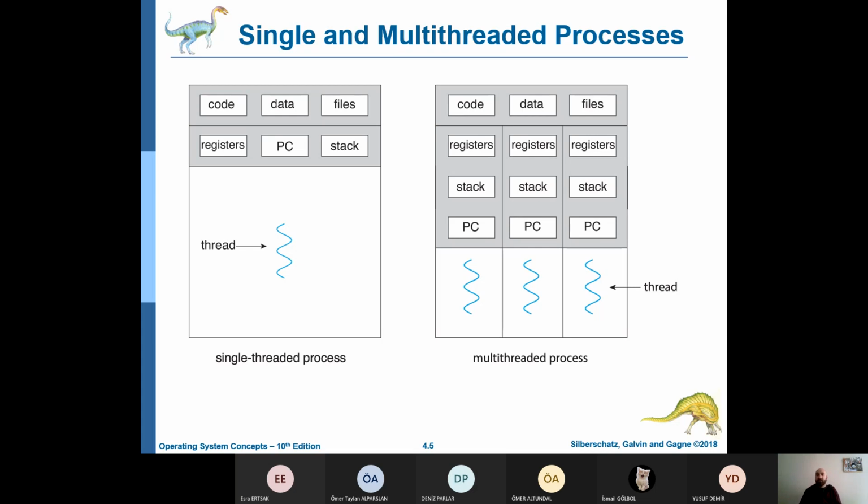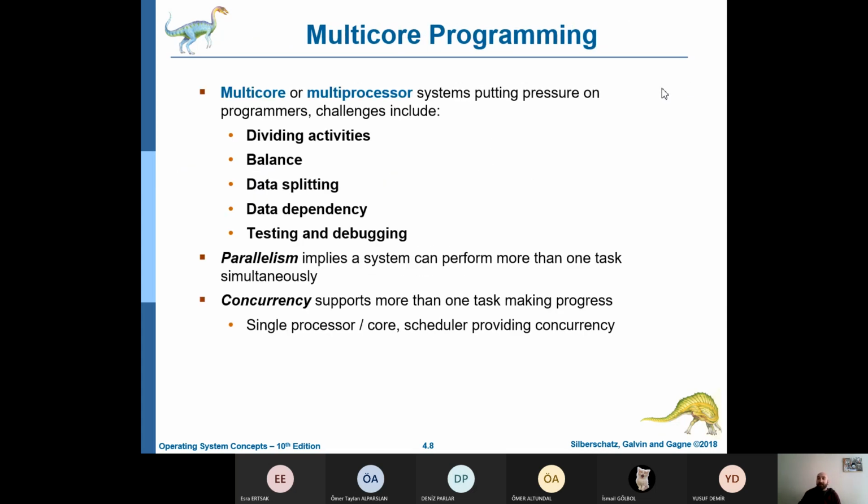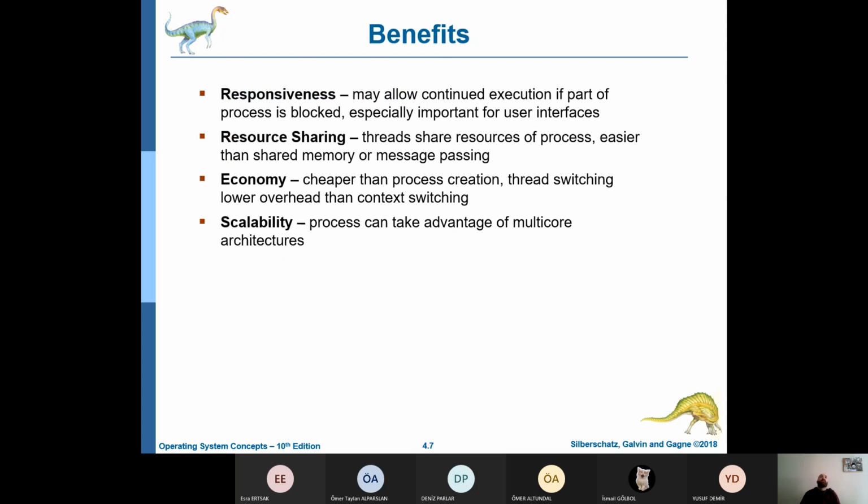Ayrıca bu daha hızlı ve veri açısından daha iyi bir yöntem olmakla birlikte bana ne sağlıyor? Nasıl faydaları var? Birincisi responsiveness. Yani özellikle arayüzlerle ilgili bir şey yaptıysanız, isteyin ya da istemeyin, bilinçli olsun ya da olmasın thread kullanmışsınızdır. Neden? Bir pencereniz olduğunu düşünün. Bu pencerenizde bir buton var. Butona tıkladınız. Butonun bir işlemi var. O butonun işlemi sonlanana kadar, tek bir proses, tek bir thread olsa pencereniz cevap vermeyi bırakır.